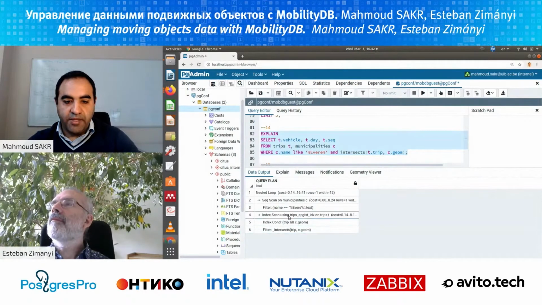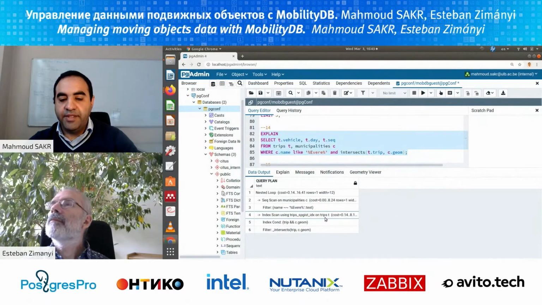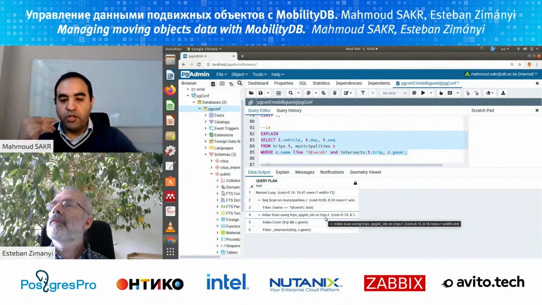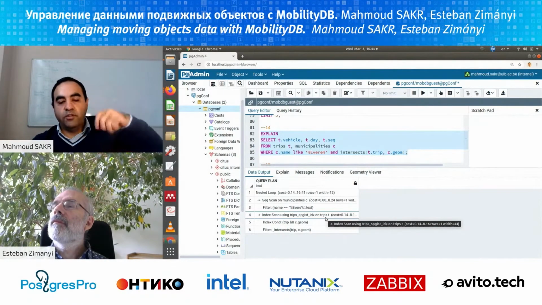So you see in the plan that there is an index scan for the trips SPGIST index on the trip attribute. So MobilityDB extends GIST and SPGIST indexes for the temporal geometry attributes. Basically, every trip is summarized into a 3D box. 3D because 2Ds are for the spatial and the third dimension for time. So there's one box per